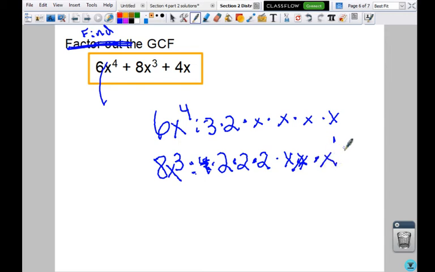Alright, so our second line, 2 times 2 times 2, and then we got 3 x's. That's okay. Now we're through. Last line. Alright, 2 times 2 times x is our last line, which makes our greatest common factor